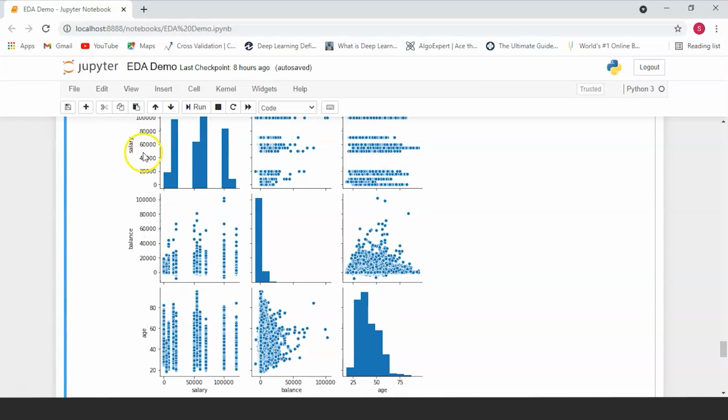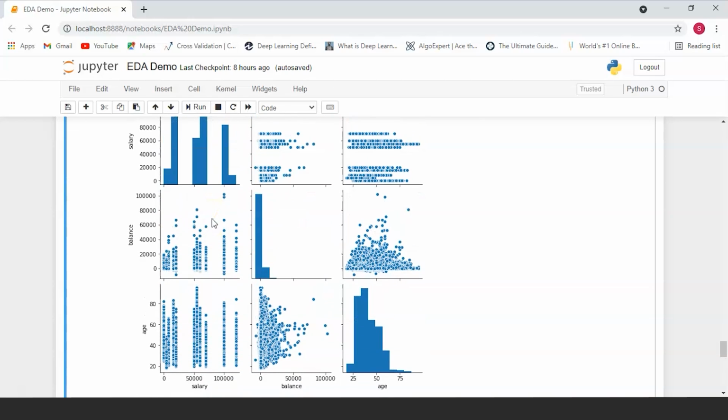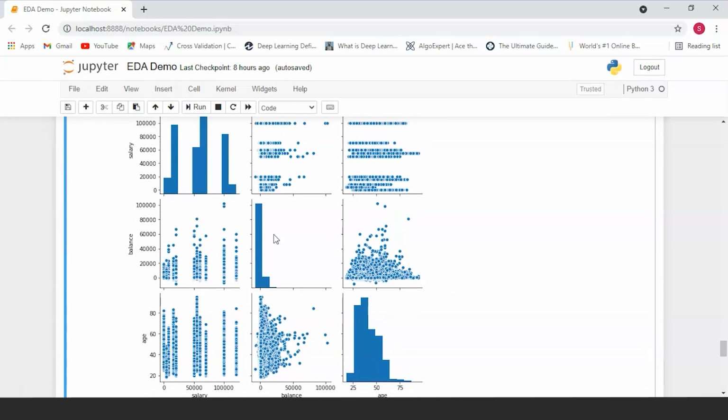x-axis as well. Now, when you plot two variables which are the same with each other, all you're going to get is a histogram. And this is nothing but univariate analysis, because you're only plotting one variable. In other cases, like salary and balance versus balance and salary, as you can see, these two plots are just inverses of each other. It's the same plot, but it's been turned on its side. So the best way to look at it is that you can take a look at any of these different plots, and you will understand how these two different variables correspond with each other.